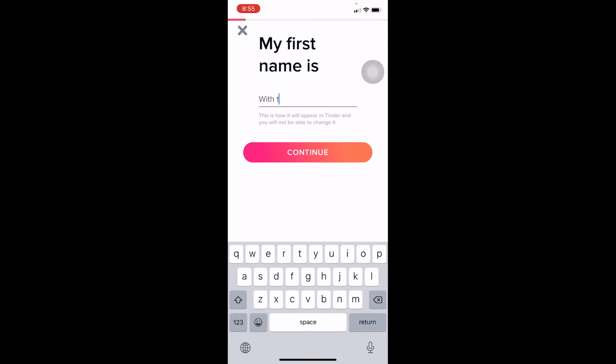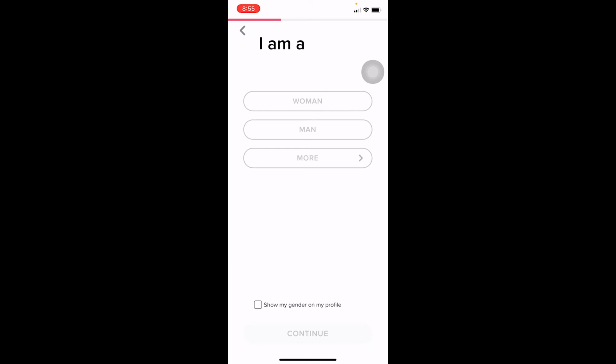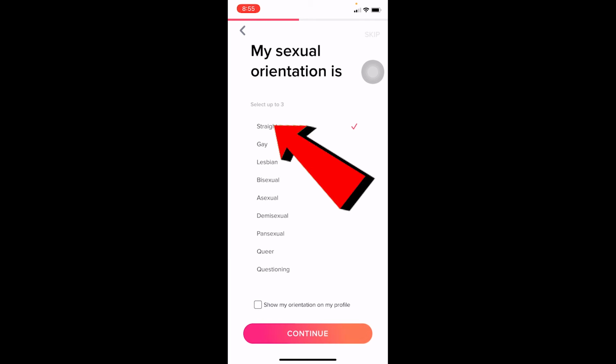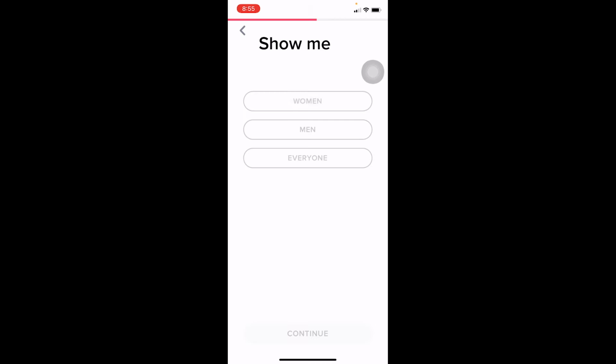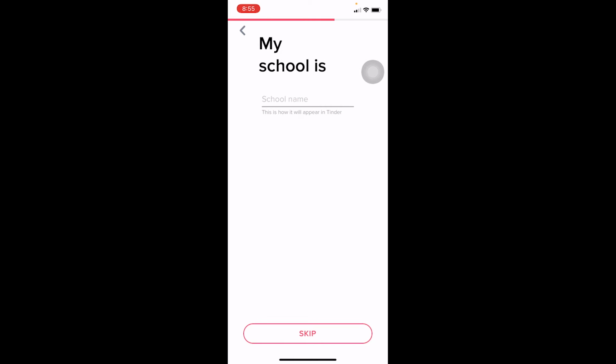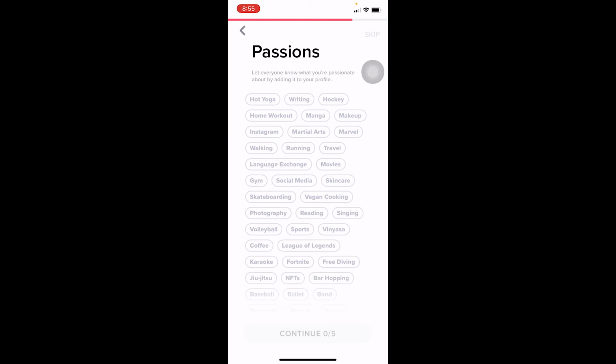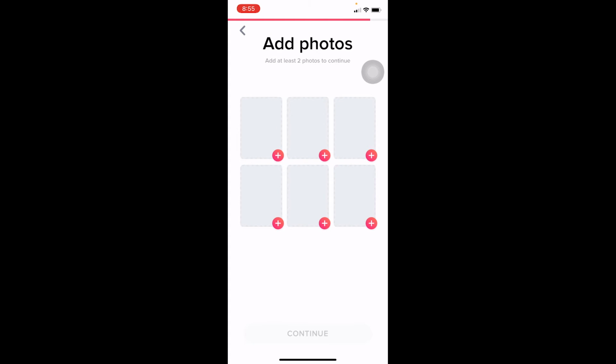Enter your first name, enter your date of birth over here, enter your gender, and choose what type of persons you want to see, and choose which gender you want to see. And if you want to enter this information, you can. Otherwise, you can click on skip, and over here you can click on skip at the top right corner as well. And you need to add at least 2 photos of yours, so do that real quick and click on